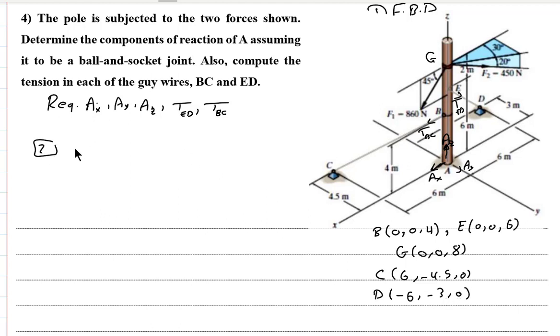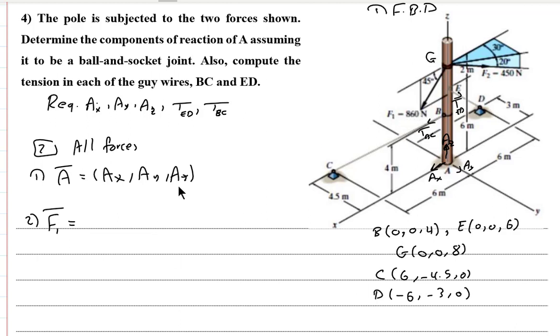Part number 2 is all forces as Cartesian vectors, starting from the ball and socket joint A, which has components AX, AY, and AZ, and then look at the F1 vector here. The F1 vector should be factorized in the XZ plane. It will be 860